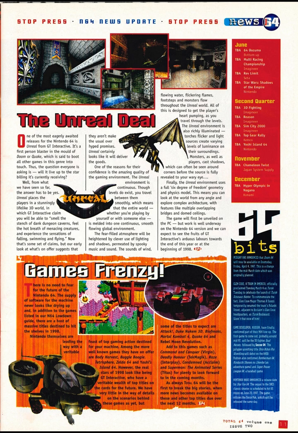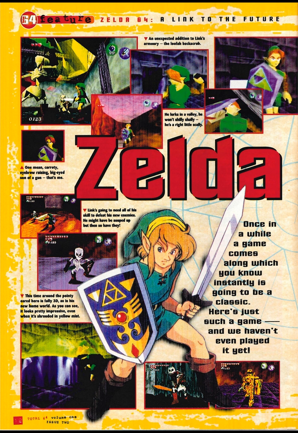Overall, the future of N64 software appears promising. This page is a feature on the highly anticipated Zelda 64, A Link to the Future, which was mentioned as a key title for the N64's future software lineup on the previous page. The page is dominated by a huge Zelda logo and a cool illustration of Link looking rather determined with his